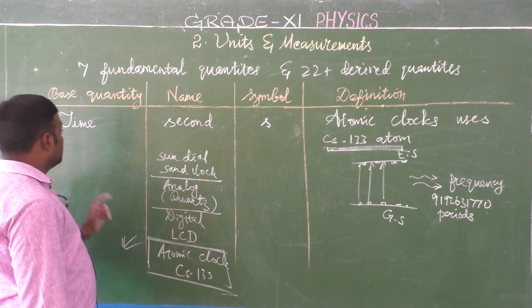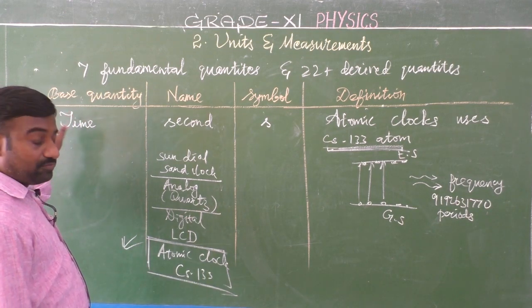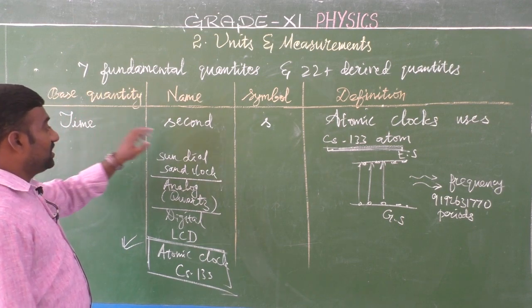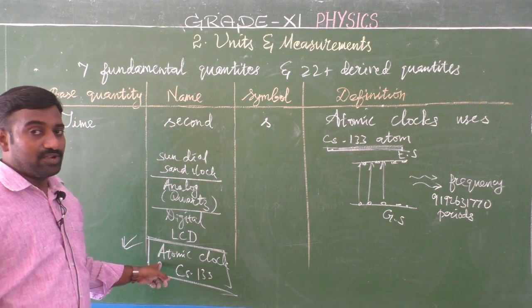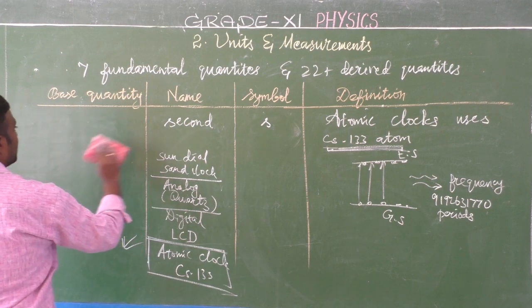So the definition of the quantity time: the physical quantity time, SI unit is second. The second is a definition brought from the atomic clocks. Okay, now we are moving to the fourth physical quantity,